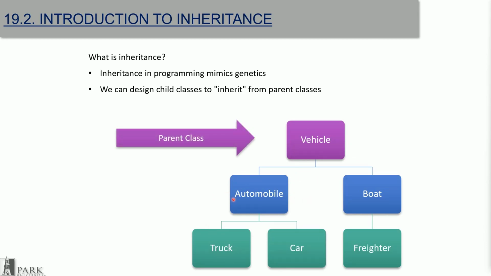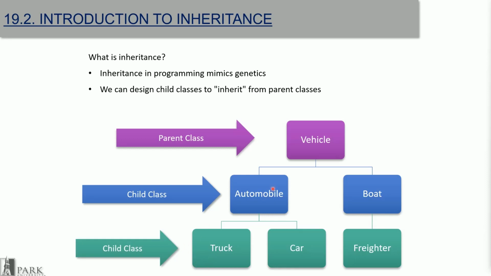And then we have two child classes right here called boat and automobile. These two classes here are going to inherit properties from this vehicle class, okay? And then we can even have another child class of these classes, right? So we can have a truck and a car that's a child of an automobile, which is a child of a vehicle, right? Or in this case, we might have a freighter that's a child of a boat, that's a